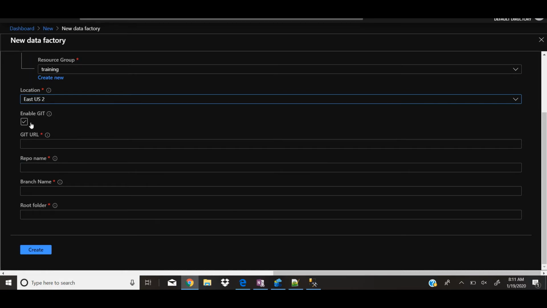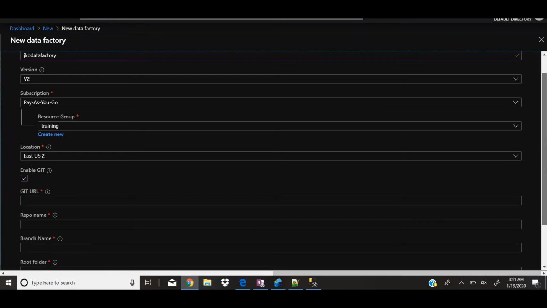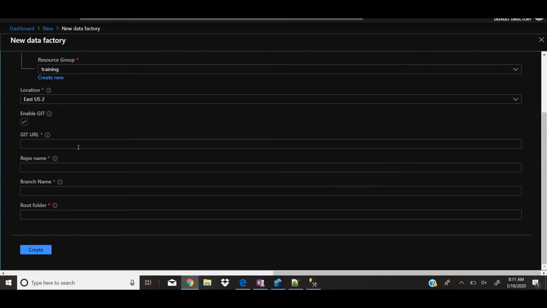Now you can see enable Git here. Select this button, and if you don't want to enable it at the time of creation, just remove it. Okay, but for this demo I can show you both. So let it be enabled, and